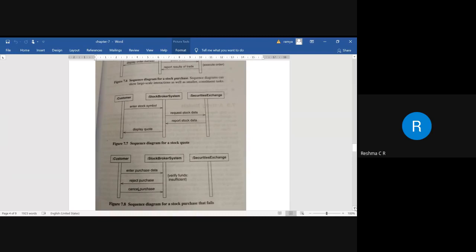The security exchange will identify the symbols that the customer has put up, identify all the stock details of that particular stock, and return them to the brokerage system, which displays the actual code of the stocks, what he wants to purchase or what he wants to sell.